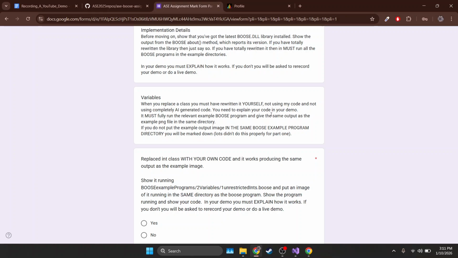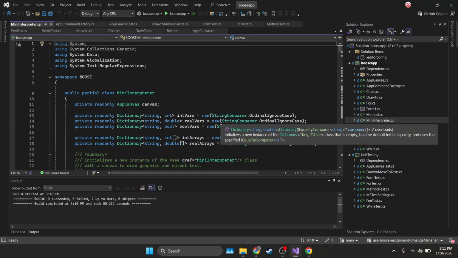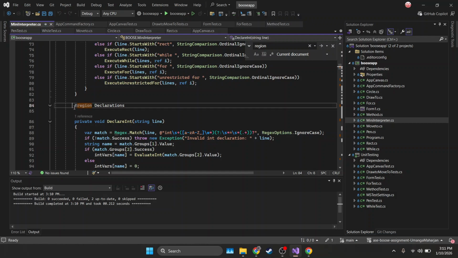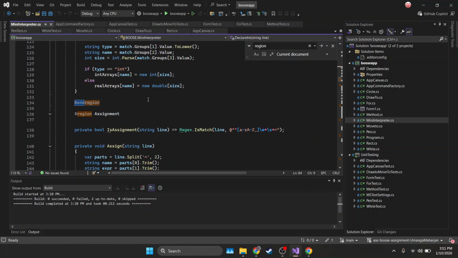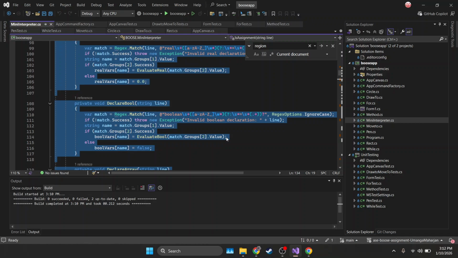Unrestricted ints. Okay, for the variables, I've created a mini interpreter class for simplicity, which is this, the mini interpreter class. So let me search for the region declarations. This entire region of the class is responsible for the storage of the variables that will be used to show the output from the script when running the script, and the region